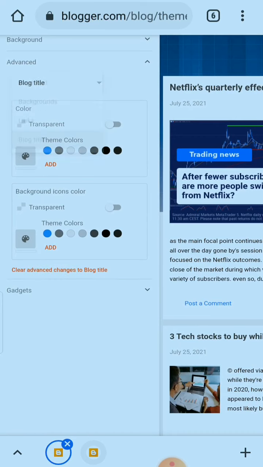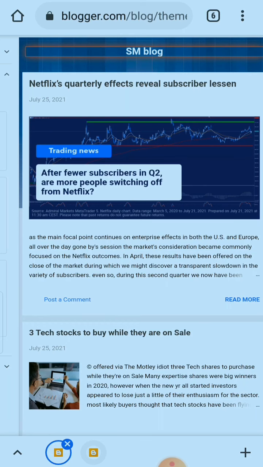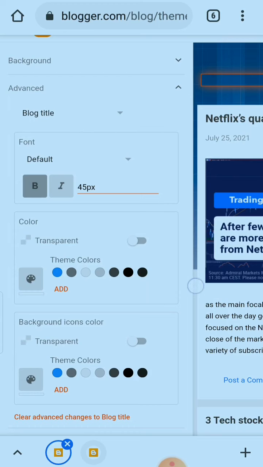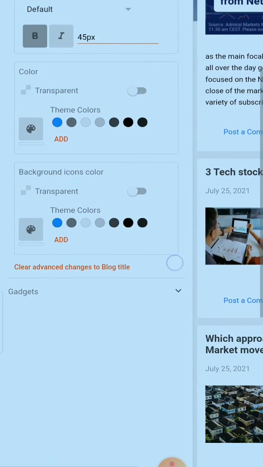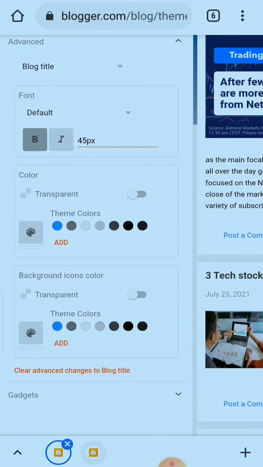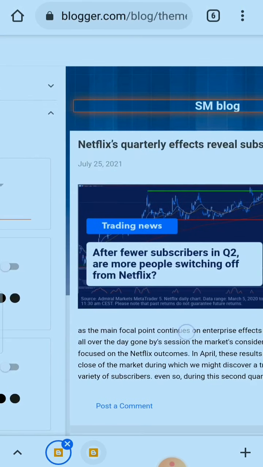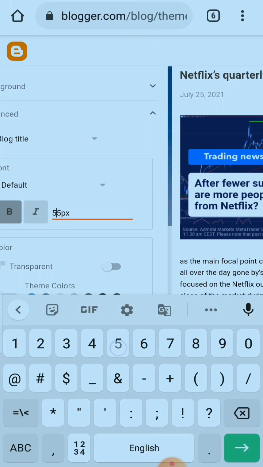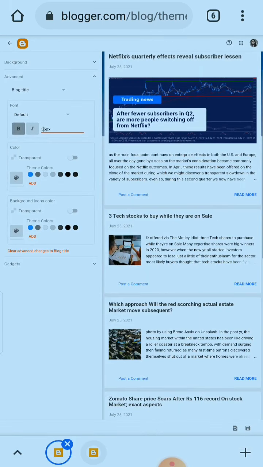Next is blog title. This is asking for the look. So let's see, is there any need to change the font. I think I should make it somewhat large, 55 pixels. It's okay, I don't want to change the color.